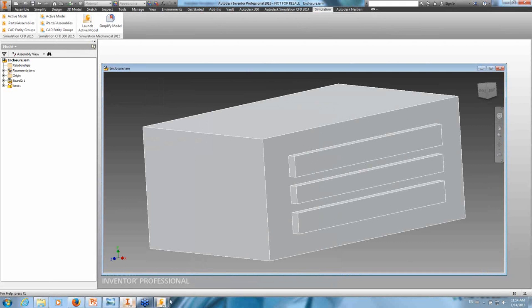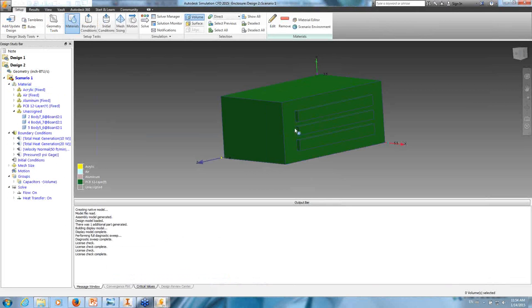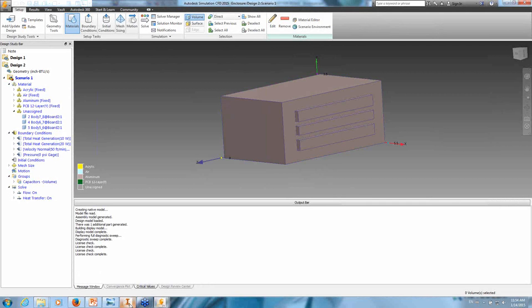And what that will do, if I go back to my CFD here, you can see that it added a 3rd outlet, and I can go back and check and make sure that all my boundary conditions are proper and rerun the analysis, and then I can use the decision center to